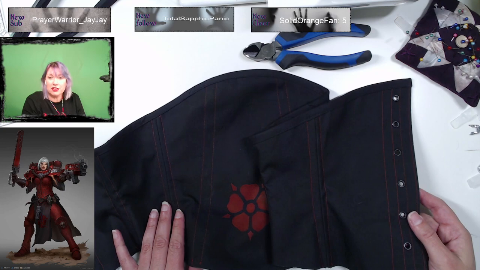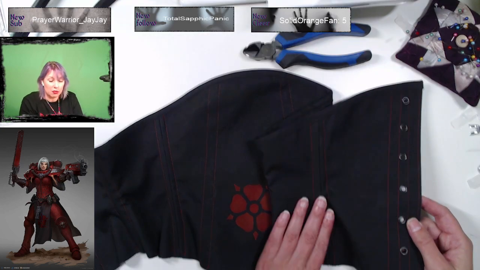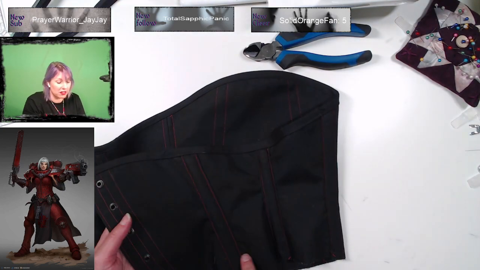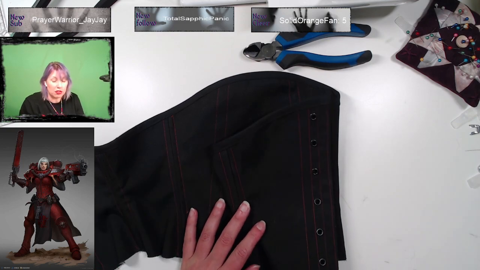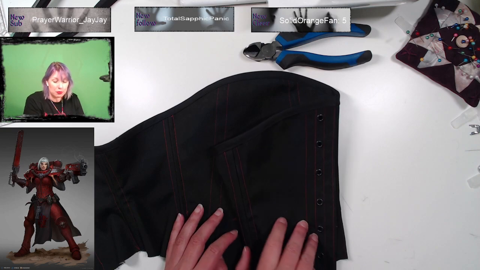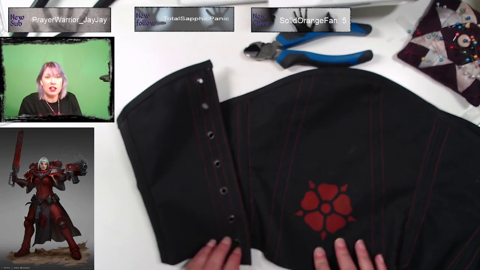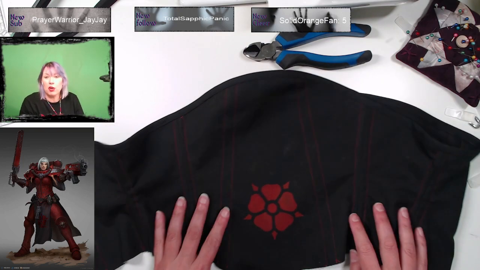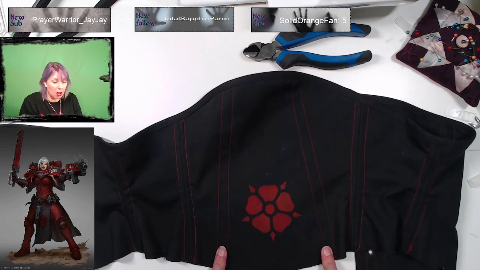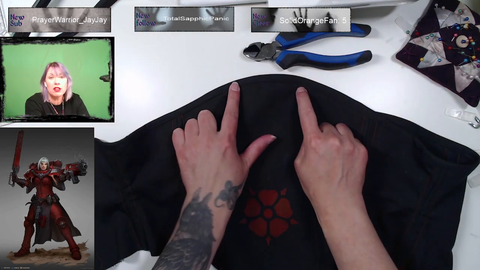So what have we done today? We put the boning in, all the spiral boning on the sides. We need to put some flat boning on the edges here where the eyelets are, and same on the other side. And I want to put some flat boning in the front.